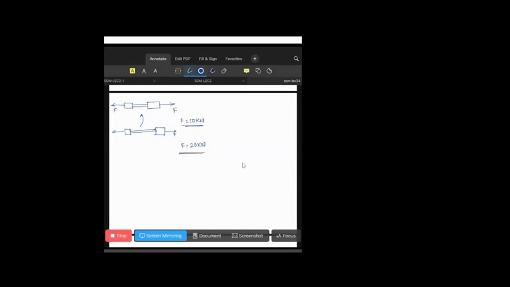Now, how is this load getting applied? This load will be applied with the help of a UTM machine. So we have this experiment to perform. In this experimentation, we will take a rod and fix it between the heads of the UTM machine, and with the help of hydraulic load, we will try to pull this rod. By pulling this rod, this load will get applied, and we will try to check the strength